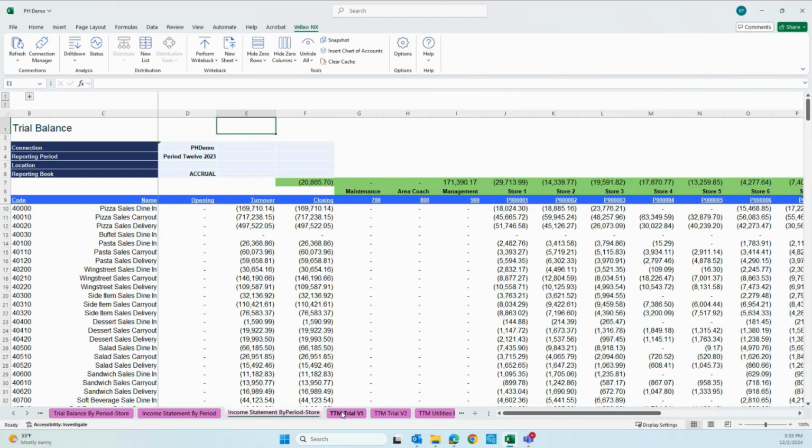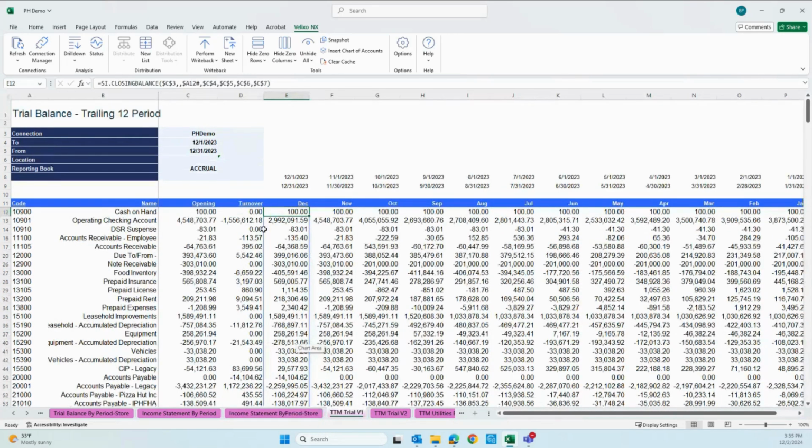more methodically. And then finally, I've got a trailing 12-month period here where we're pulling start date and end dates based on what we put in here, and then I'm having it update the dates as we move to the right. But this is pulling it by period. This is by month. If you had custom reporting periods, we'd need to customize this or use VLOOKUPs or XLOOKUPs to pull the reporting period date ranges. But this is a way to look at a trailing 12 or trailing 13 period